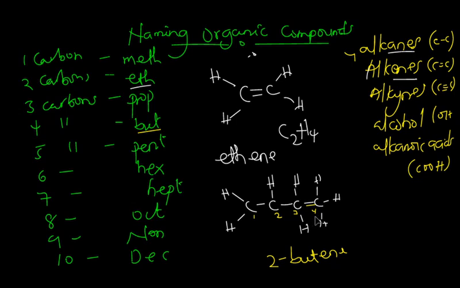You need to make sure that where you are counting from, the double bond has the least number as much as possible. So if you are counting from this side, it will be 4, but if you are counting in the other direction, it will be what? 1. So here will be 1 instead of 4. So in case the double bond is over here, we will still have 1-butene and not 4-butene. So that is how we name